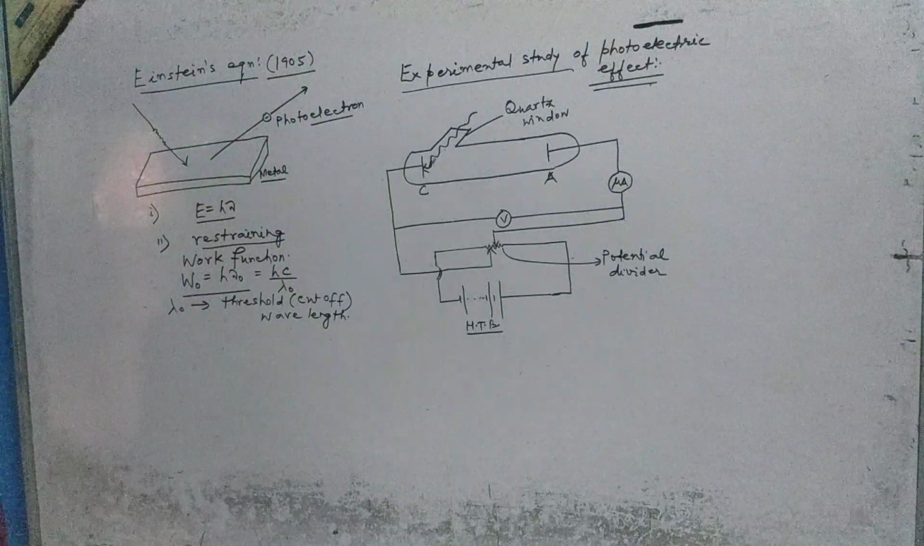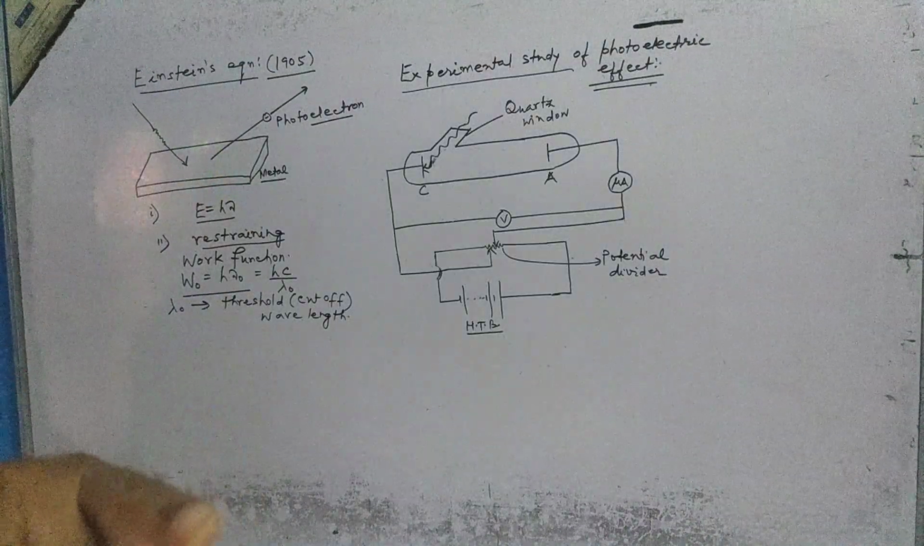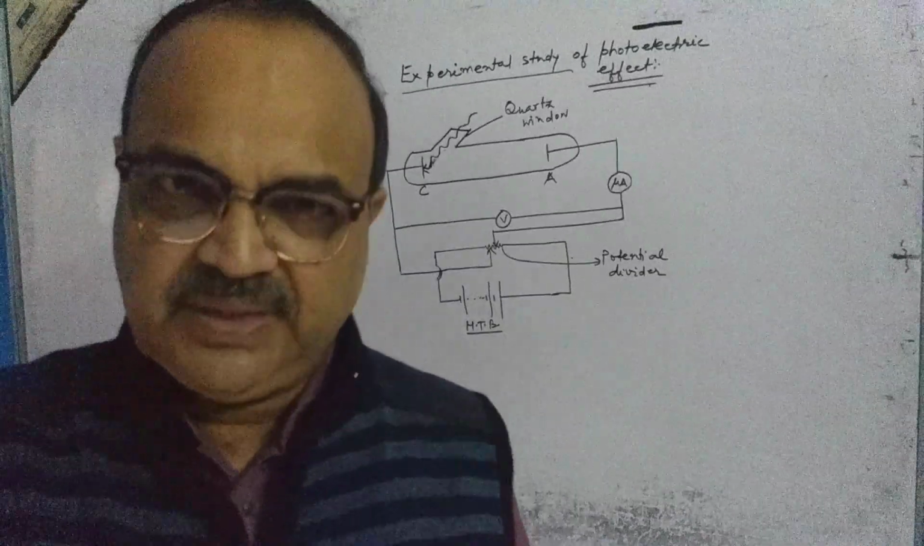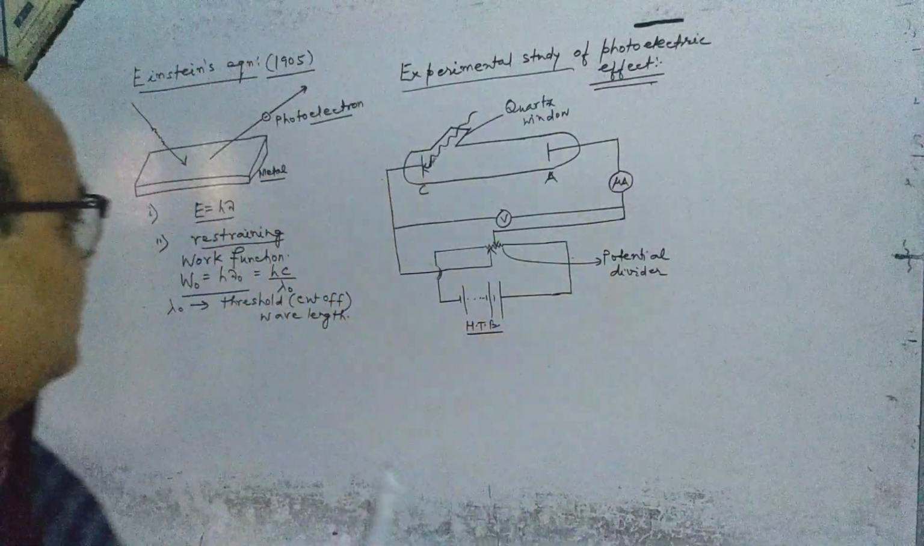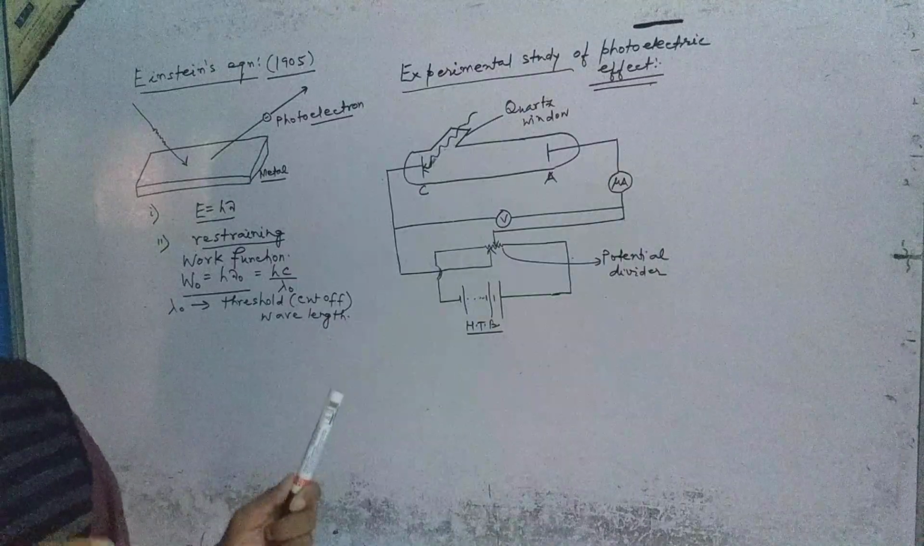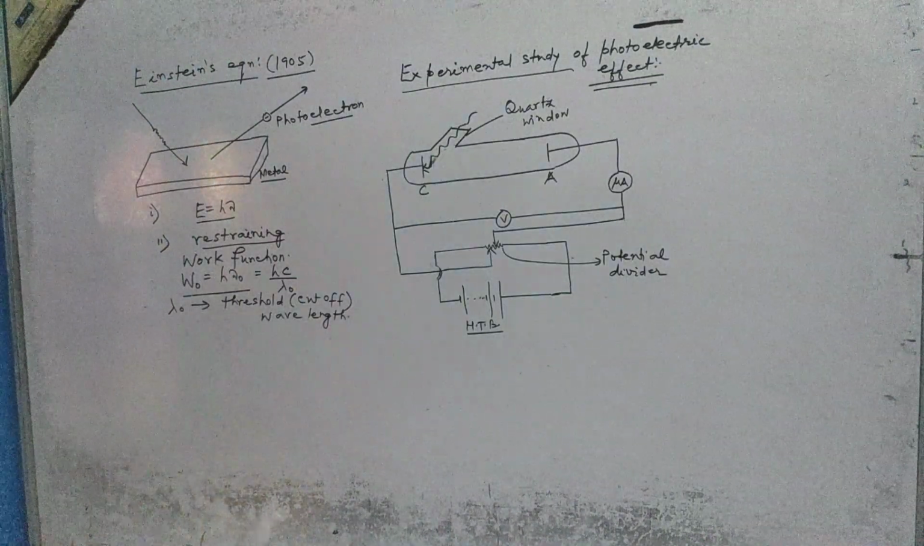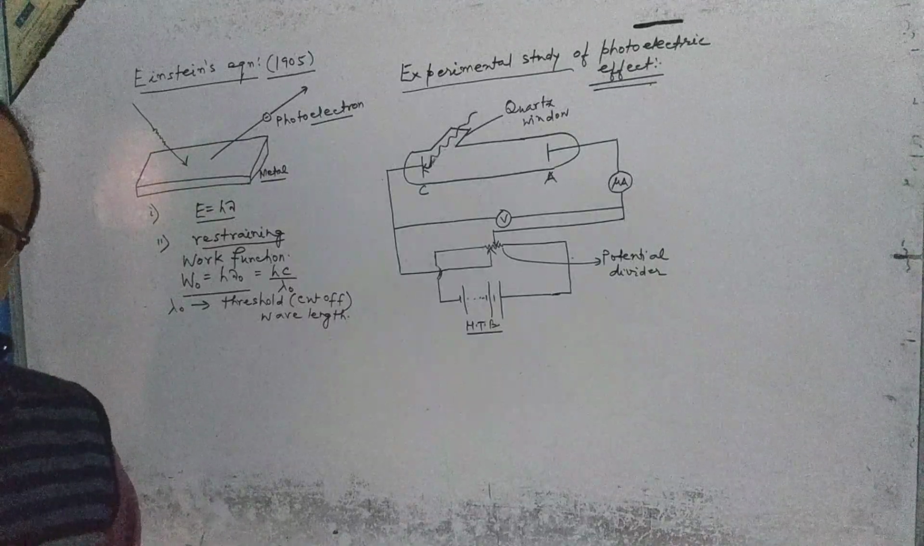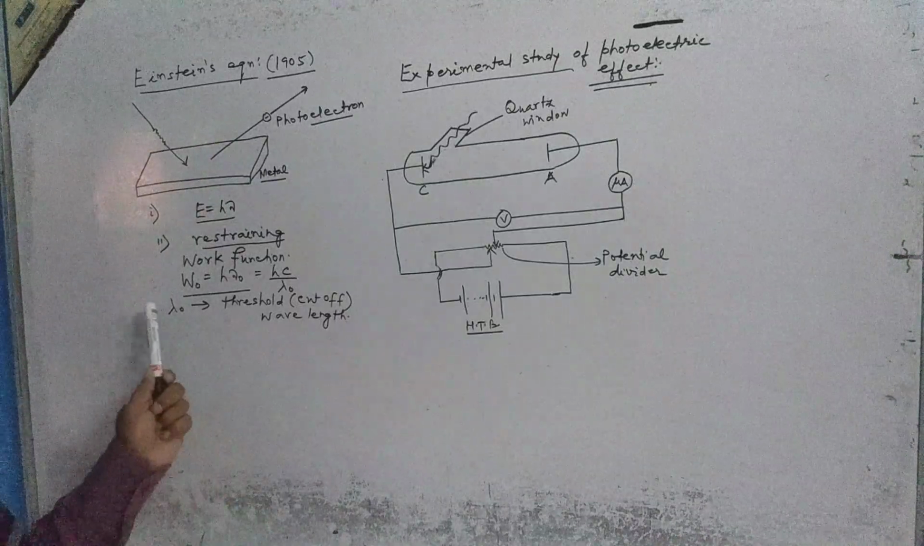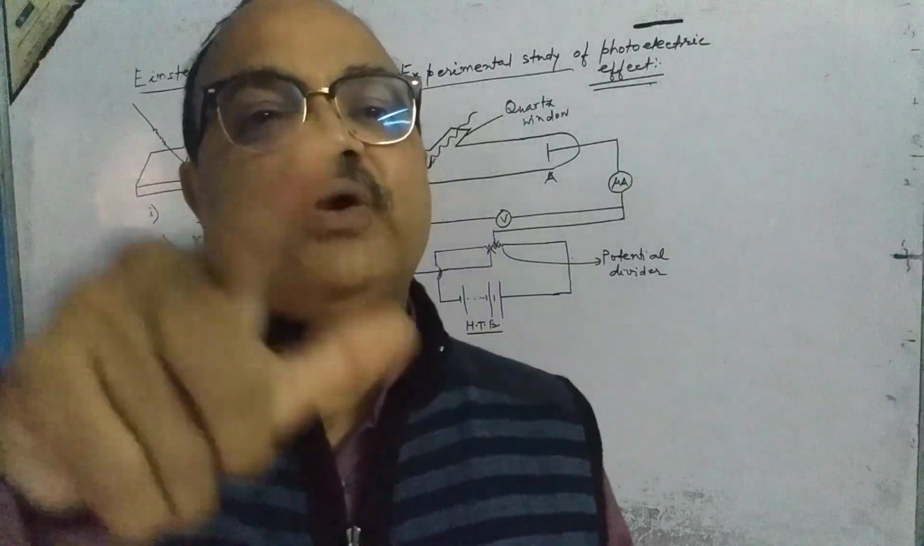What is threshold frequency? It is the minimum frequency below which photoelectric emission cannot take place. And what is the cutoff or threshold wavelength? Just the opposite, because of the inverse relation. That is the maximum wavelength above which photoelectric emission can